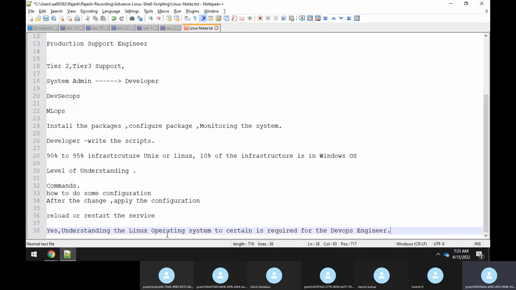Again, you might ask what the percentage is. If I need to know 50% or 70% or 100%, what is the percentage actually? See, there is nothing like a percentage here, because Linux is so vast, like a big ocean. If you start learning Linux, it's never ending. You cannot gauge the percentage when it comes to understanding Linux, right?